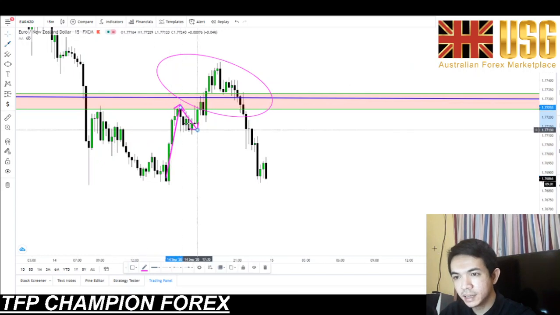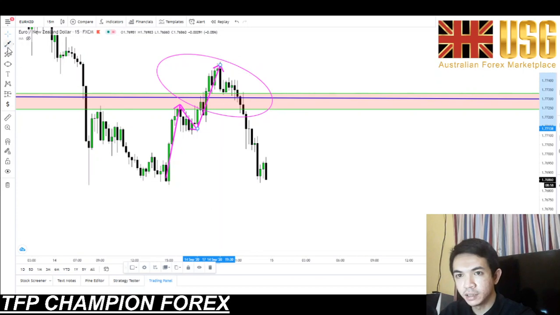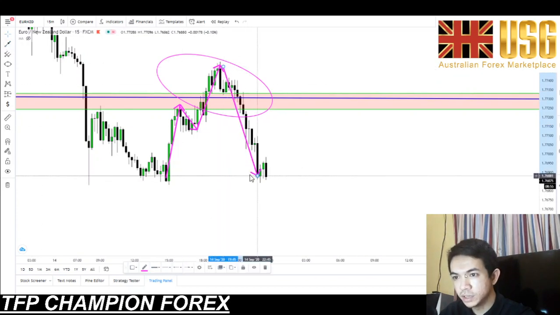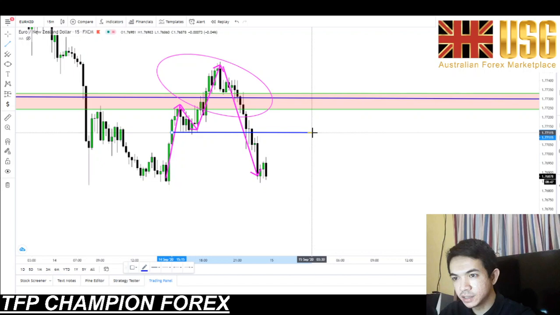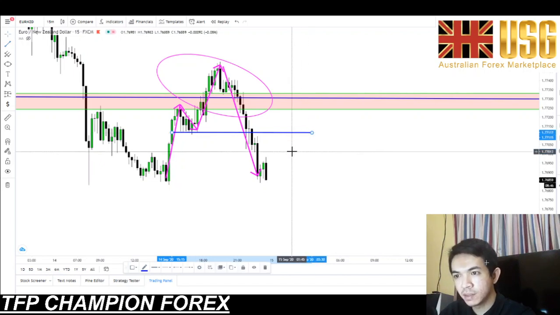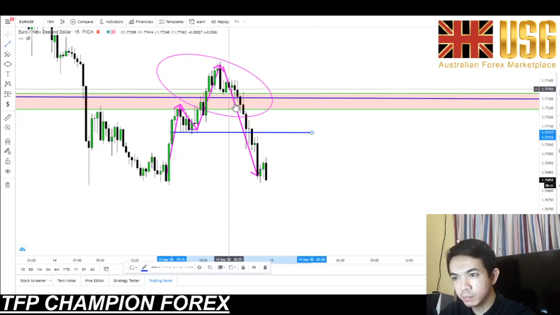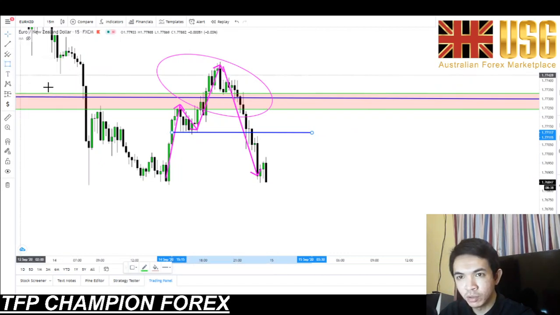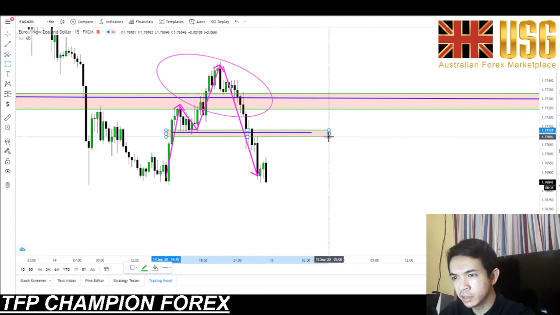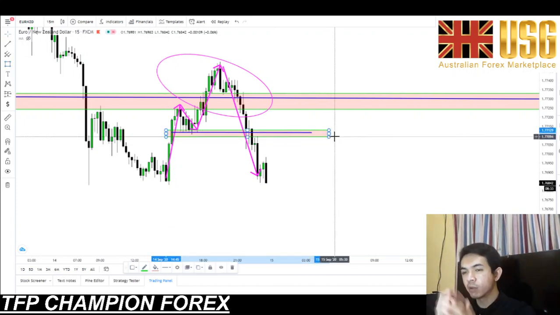a higher high, higher low, then higher high, and then what? See, the market broke this level, this higher low, which means that previous support becomes what? New resistance. So guys, it's pretty much simple how to find opportunity in the market, knowing just your market structure